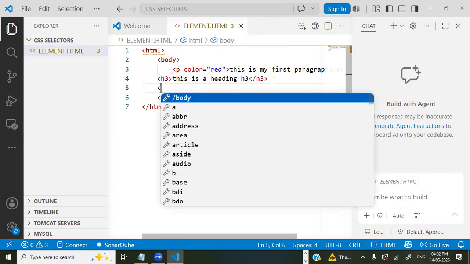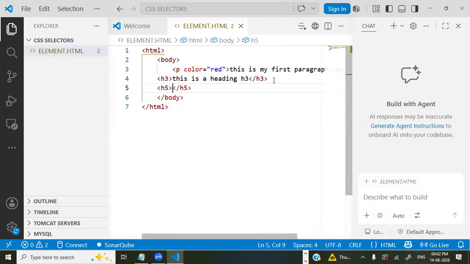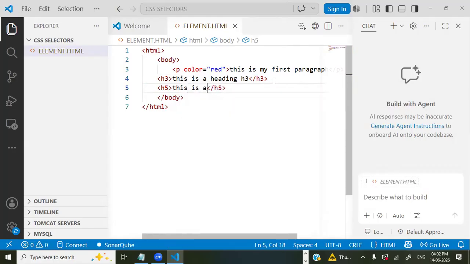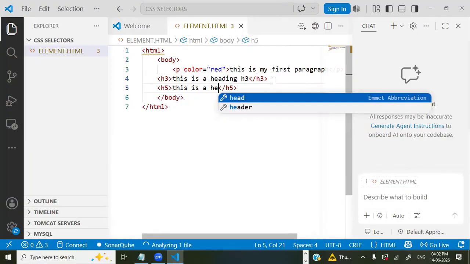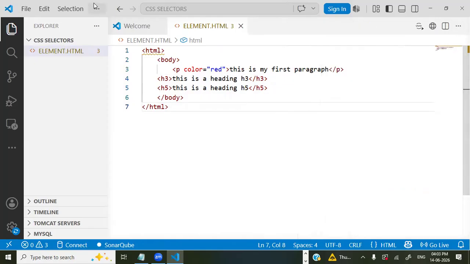Suppose you take another heading tag, that is H5. So this is heading H5. After writing this, if you want to run this,